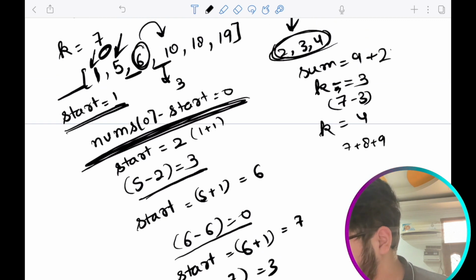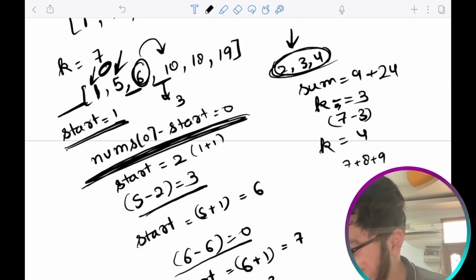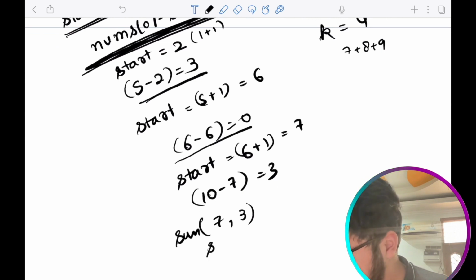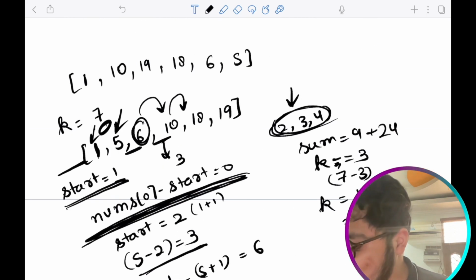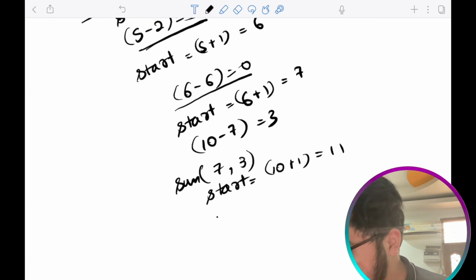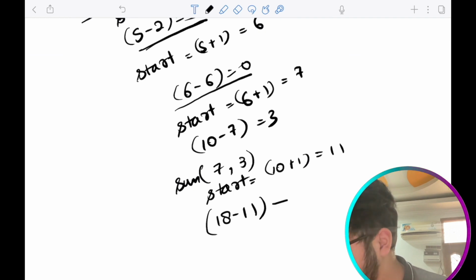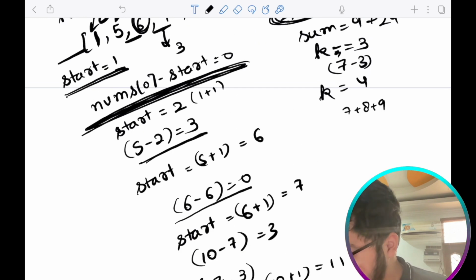So you will insert 24 in your sum. And then you would update your start as 10 plus 1, which is 11. So now you'll check 18 minus 11. It means 7 numbers you could insert. But your